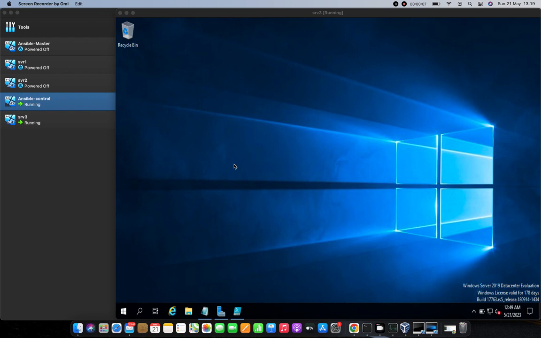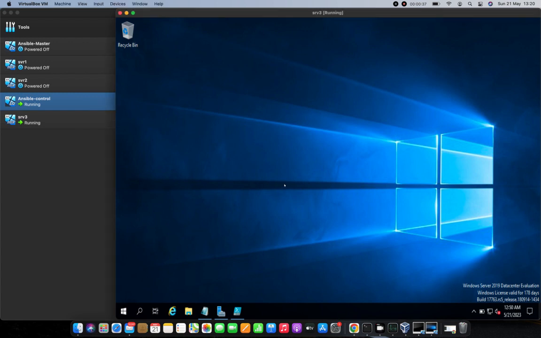A quick recap on part 3, where we covered how to build an Ansible control system on WSL. In the background, in my VirtualBox management interface, as you can see, I already have an Ansible control tower, which we have built. The steps are in part 3. We have built a brand new virtual machine, Windows 2019, which is SRV3 and which is currently running on a